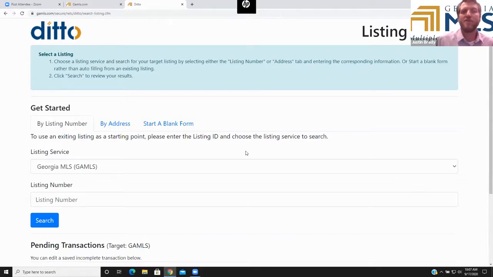So again, a moment ago we were in Paragon and I mentioned that you can continue to add your listing into Georgia MLS using Paragon if you would like, or you can come here and add your listing into Georgia MLS using Ditto. And why you might want to use Ditto is right now I'm able to locate listing data from any listing in Georgia MLS,